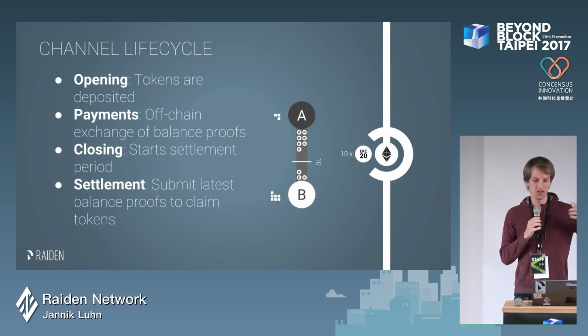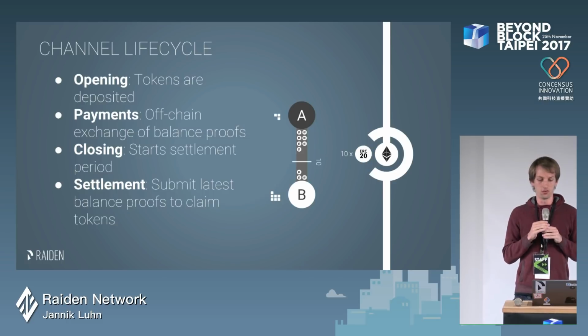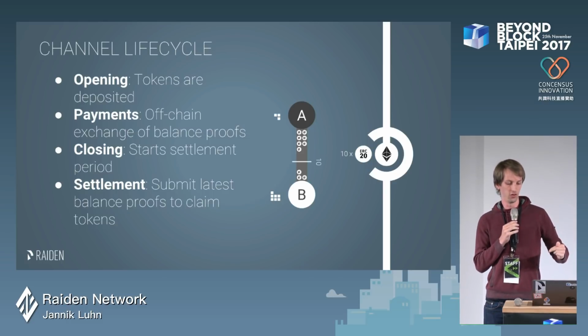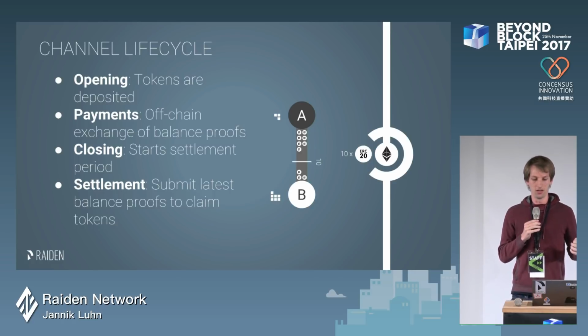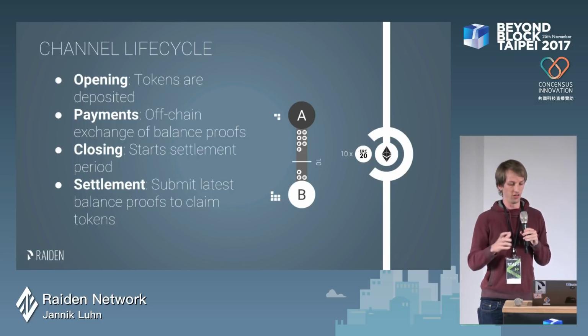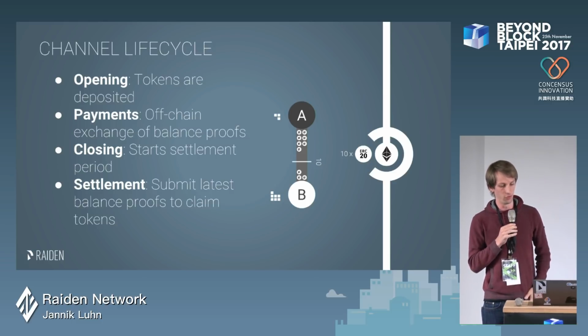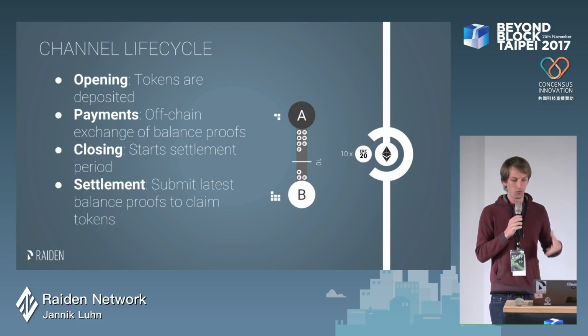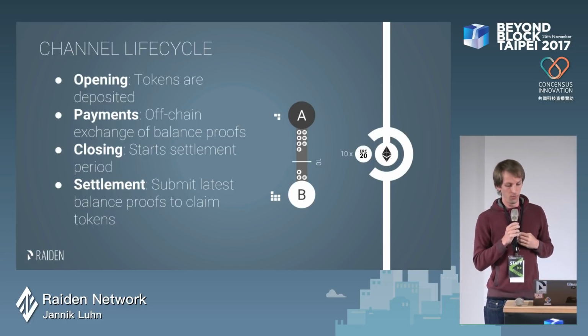Alice and Bob exchange so-called balance proofs, which are signed messages of the new balance in the channel. So if Bob wants to send 1 token to Alice, he signs a message that he has only 2 tokens left, and the next one, he has only 1 token left. And if Alice wants to send tokens back, she does it the other way around. And these balance proofs are signed messages, so